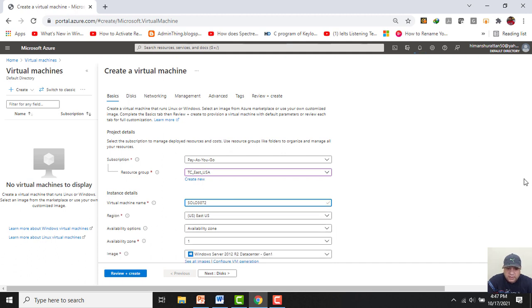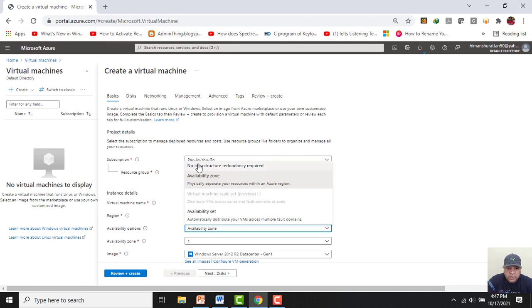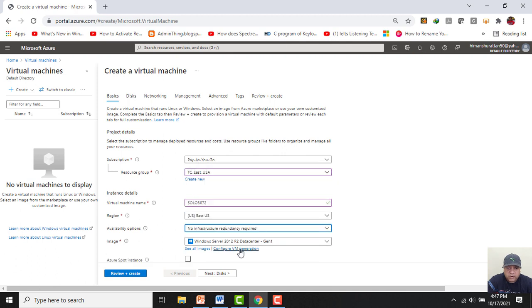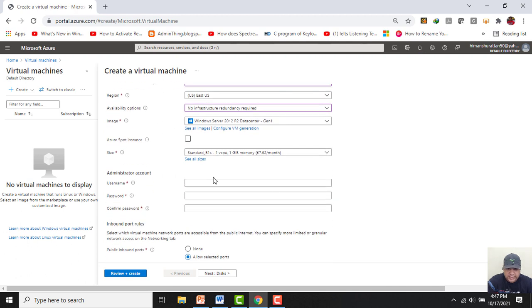Region is correct, no availability zone as of now, and the same 2012 R2 data center image, because it is a standard B1 size, and it has 1 vCPU and 1 GB of RAM, so it is fine for me.